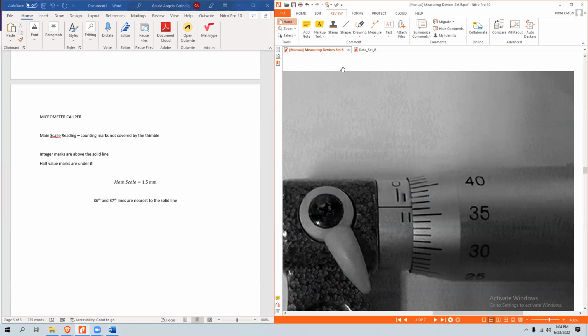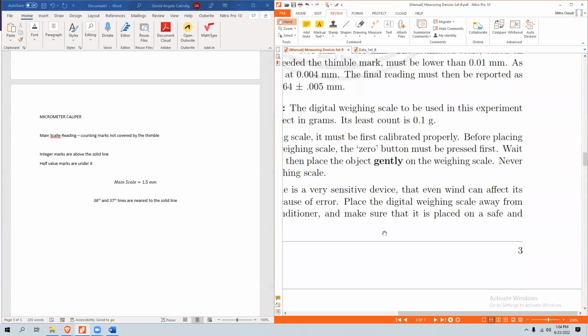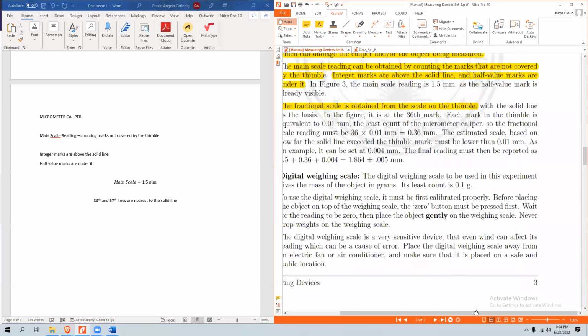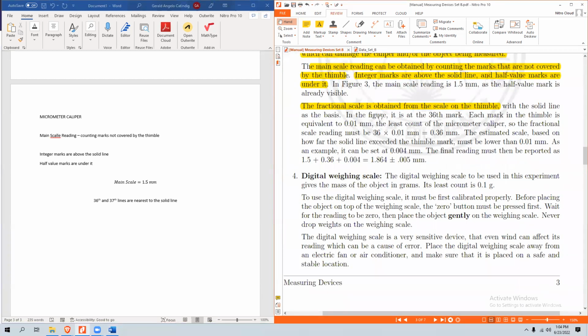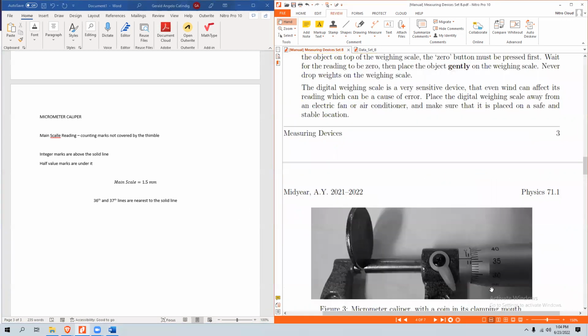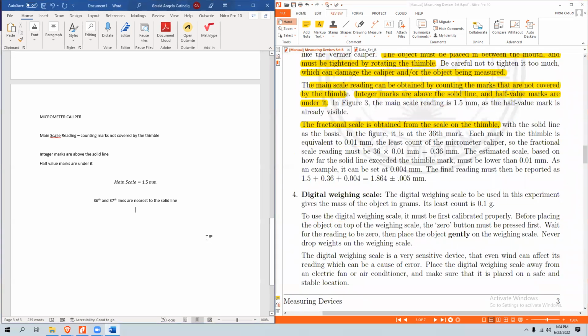So let's see how this is read. So ayun, with the solid line as the basis. In the figure, yung 36th line na yung pinili niya. So malapit na din. Hindi eksakto pero malapit. Pinili niya yung 36th line. So let us write